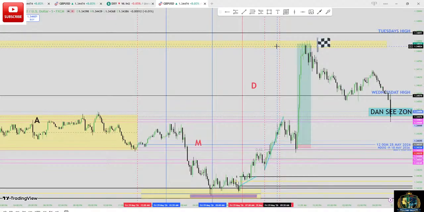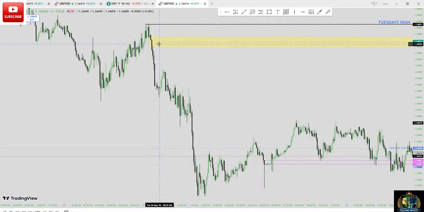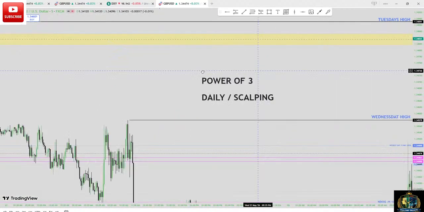Hope you understand. Here is the imbalance. Let's go to the imbalance. You can see over there that is the imbalance on Tuesday, and there is buy side liquidity above it. But I pick my take profit. I did not even wait till it reached this imbalance. I just pick my profit at the 70% of it because they are running too high and I need to cover my profits.